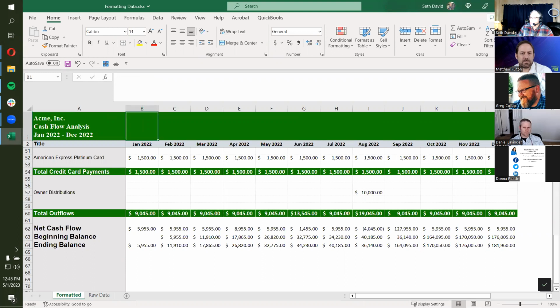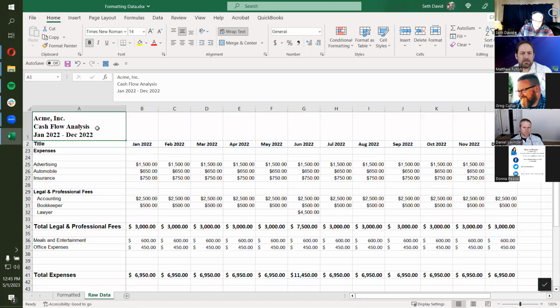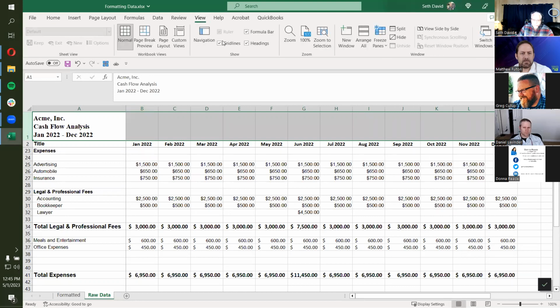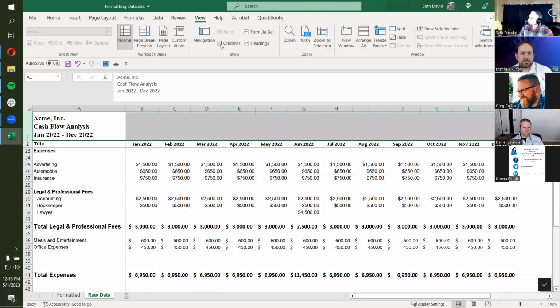So how did I do that? Well, let's go to the raw version, which I have in another tab here, right? And so let's say I want to format this one. So I'm going to highlight the whole row. First of all, the first thing I do, because I just hate the grid lines with a passion, is I come in here and I turn them off. I like borders. That gives me control over where I put lines and how light or thick they are. So I turn off the grid lines.